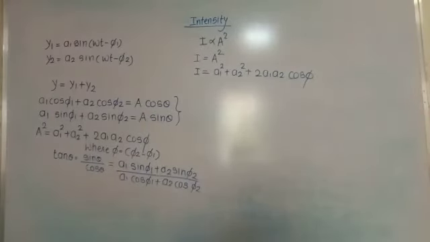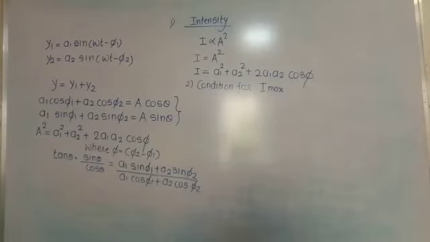Then the second one is the condition for maximum intensity, that means the Imax. This is called the maximum intensity, Imax. So what is the condition for the Imax? Whenever the intensity of the two resultant light waves is maximum, the amplitude and therefore the intensity of the light wave is maximum when